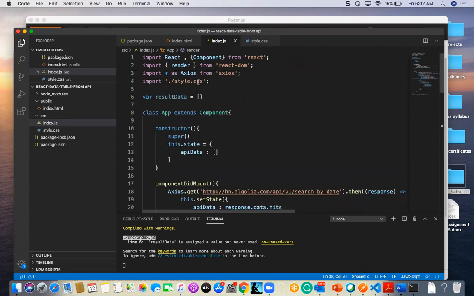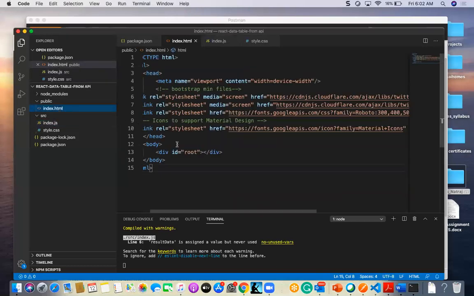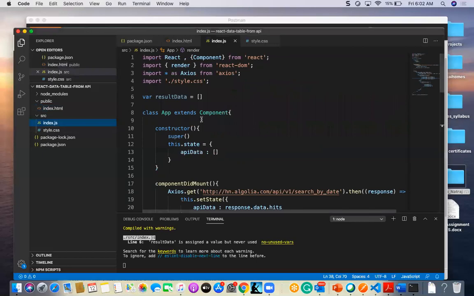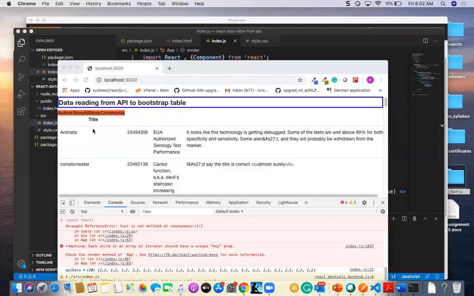One second, we'll check. So yeah, it's HTML.